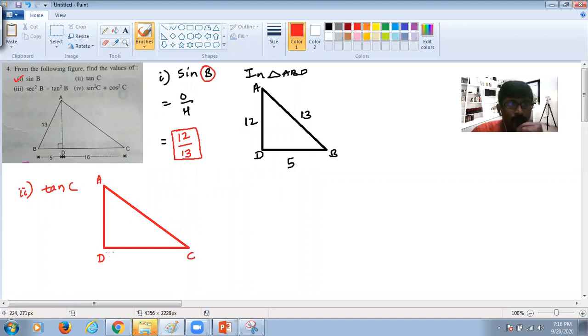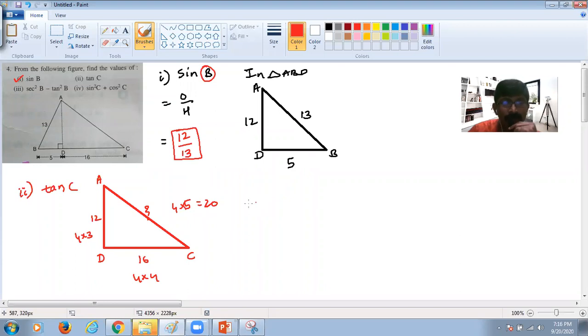So we got AD as 12. We got CD as 16, isn't it? It's given over here. How are you going to calculate this AC? So students, remember that you'll have to write all these things down, or else at least you should write it using Pythagorean triplets. So 12 is 4 threes, 16 is 4 fours. Remember that 3, 4, and 5 is a triplet, and it is getting multiplied by 4. So I'm multiplying 5 by 4, which is 20.